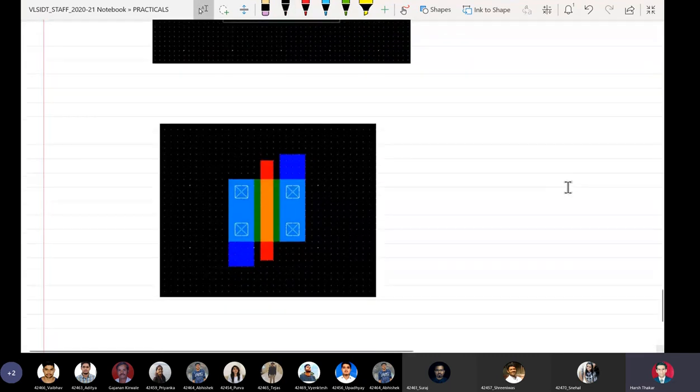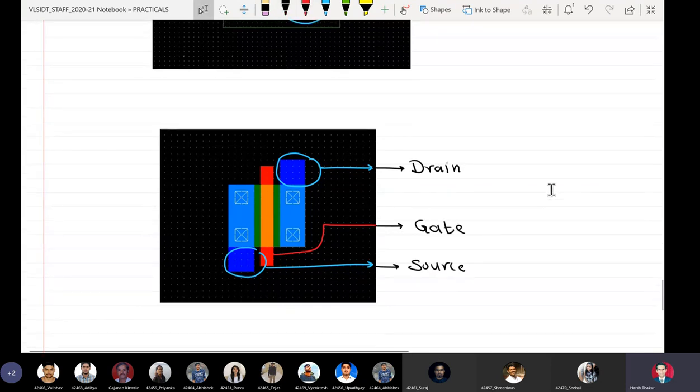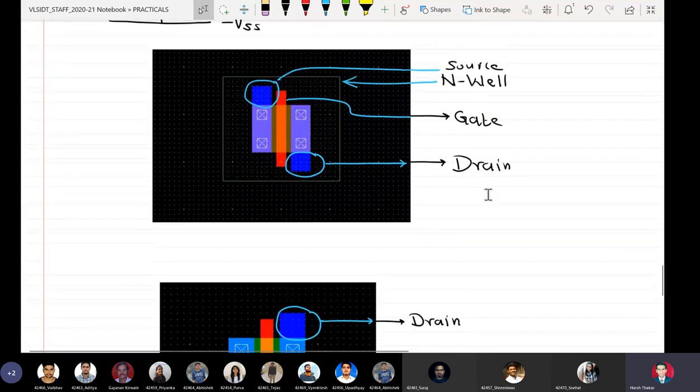And exactly opposite here, as I told you, the upper terminal of a PMOS is the source, while the upper terminal of an NMOS is to be assumed as drain. That is why, please understand that this is my drain. Similarly, the lower is source, and as usual, this is my gate. So please see the difference that there is no N well in an NMOS. The PMOS device is always fabricated into an N well.